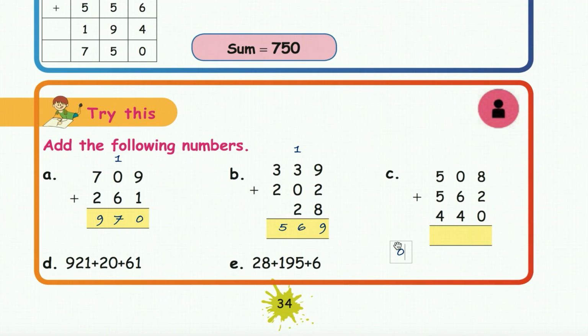Again, next example also I am doing. I will do up to C. You have to do only D and E. 8 plus 2, 10, right? Again you have to place 1 in the tens place. 6 plus 4 plus 1, 11, right? So 1 is there in the ones place, that 1 will go here. Okay, the remaining one will go to the hundreds place. Okay, then 5 plus 5, 10, 11, 4, how much? 15.